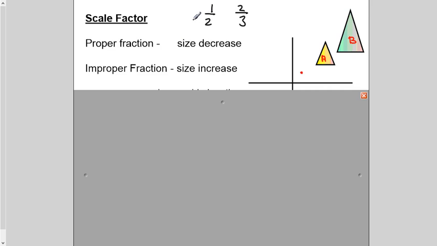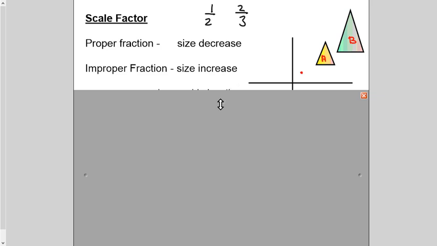I'm talking about with respect to origin in that case. Now, if it is otherwise, there is another way. We will solve that, I mean, see that also. And if the scale factor is an improper fraction, the size increases. So if somebody says A is mapped onto B, I can see size is increasing. So I can say, oh, scale factor was an improper fraction. But if somebody says B is mapped onto A, immediately I will understand that scale factor is a proper fraction.